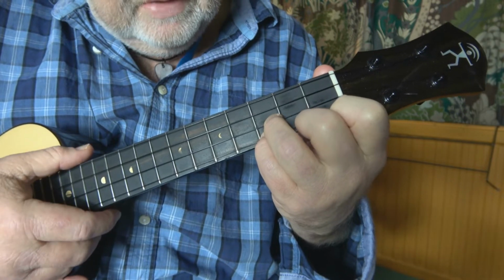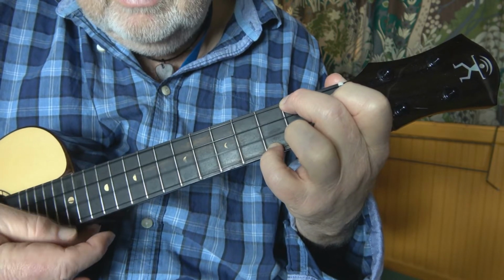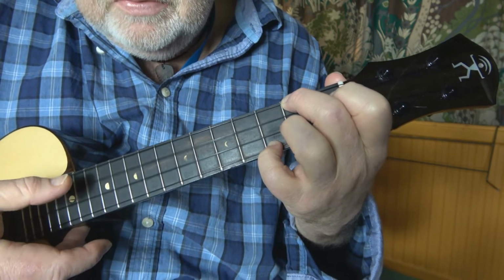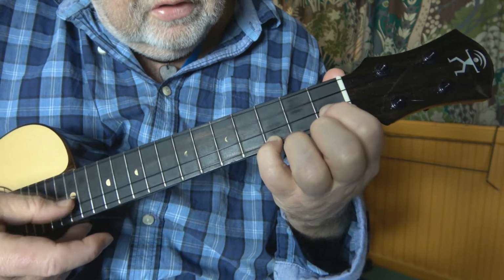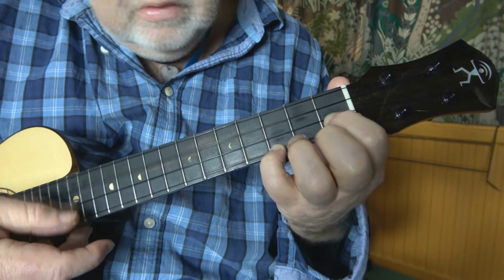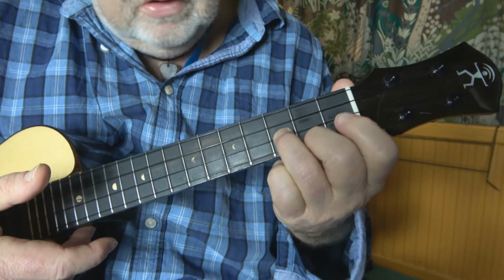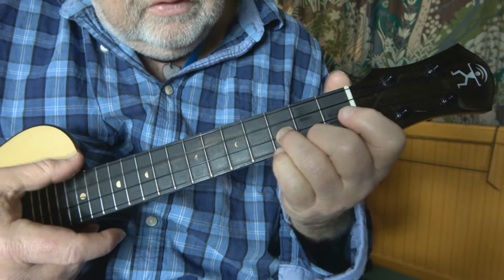C5, leave your little finger on, take your 3rd finger off, 2nd finger onto 4th string fret 2 for an A minor, bring your 1st finger onto string 2 fret 1 for an F sus2, and then final change, just those 2 fingers on strings 1 and 2 fret 2 and 3. So we've got